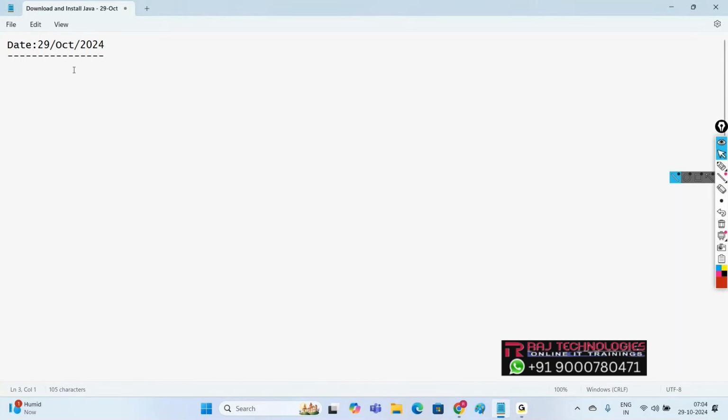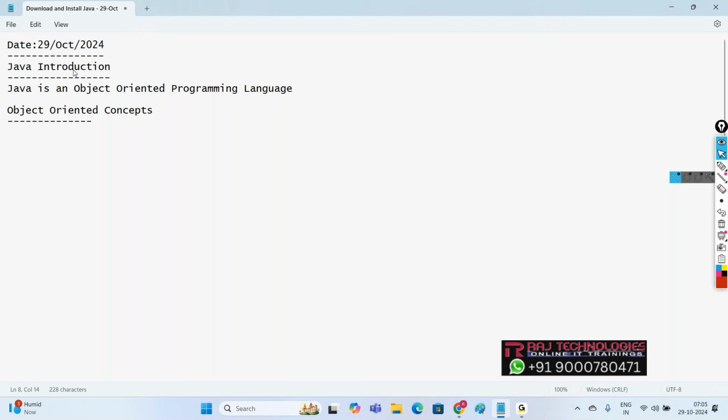So in the last class, we just started with the introduction part. We have seen that Java is an object-oriented programming language, and we are done with the Java introduction. And when you come to object-oriented, we have object-oriented concepts like objects,